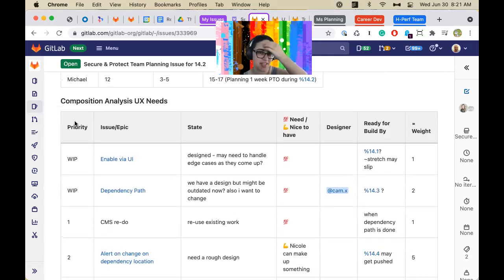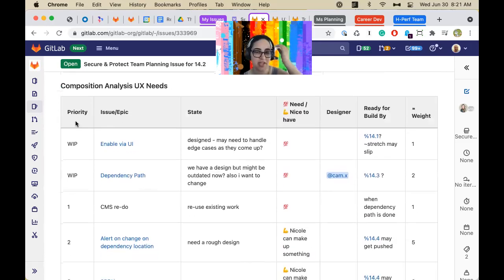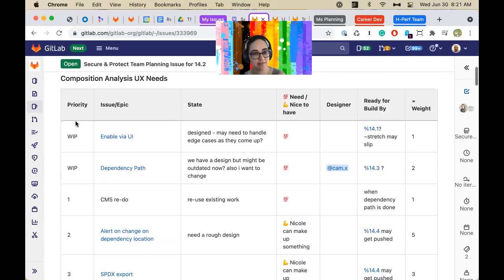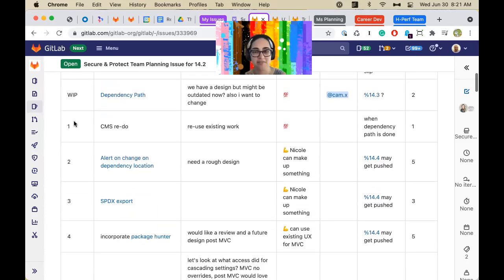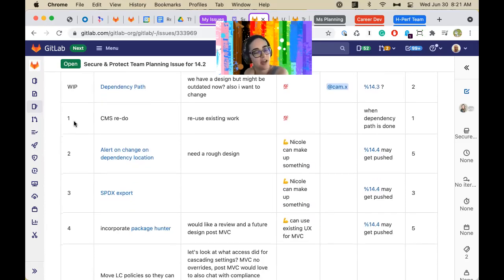And I sort of think that's where we need to be going, because, for example, SPDX export, let's say it was a need instead of something I could pull out of my butt. If I needed that in 14.4, we may need to do some research for that now in order to be able to design for it then. So it may not be urgent to get the design done, but it may be urgent to start putting out a survey or something. So I think we may just need to alter the way we're thinking of things so we can domino things up